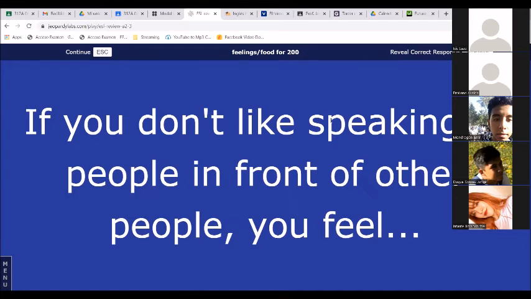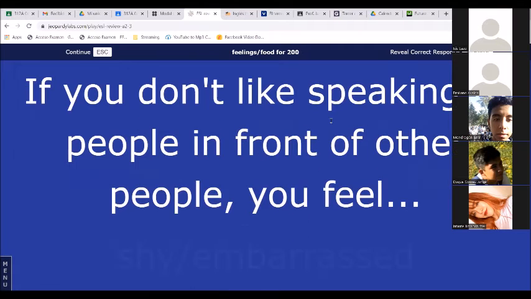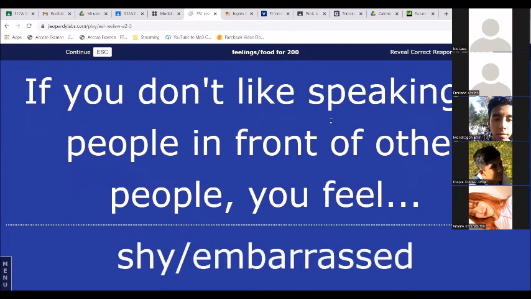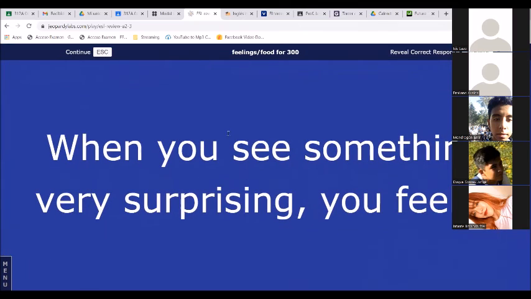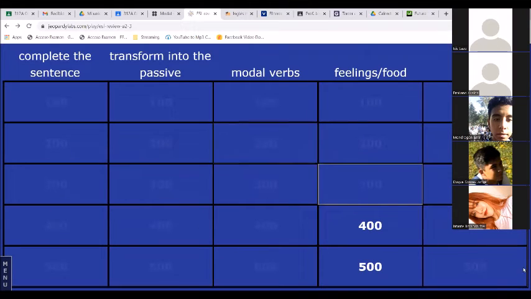Introvert, shy, embarrassed. All right. Timid. When you feel very, very surprised, what's another word we can use? Boring or amazing? Amazing. All right, good. Let's keep it going.